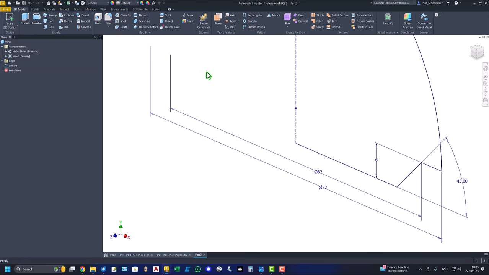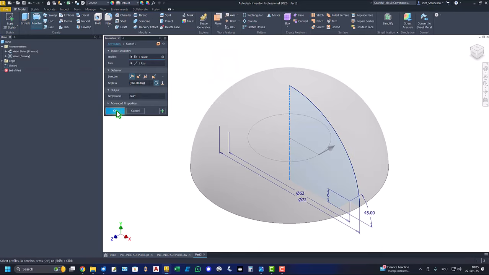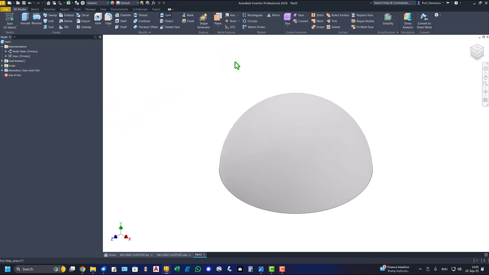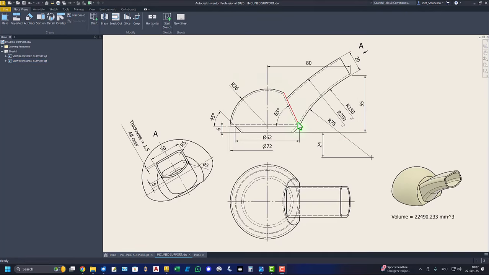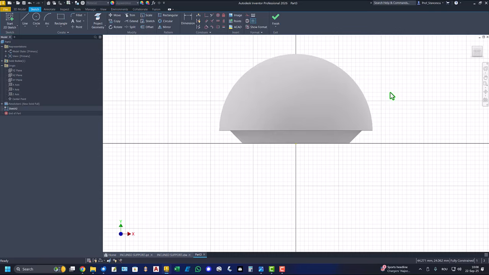Finish. Revolve. Okay. Now we have to create this cut of 65 degrees. You see here this face. To do this, we use the plane XY for a new sketch, F7,